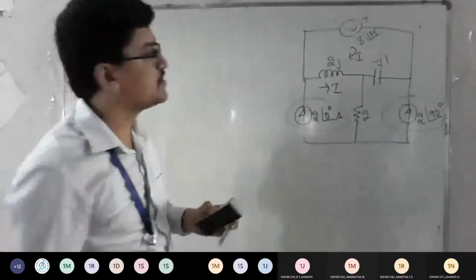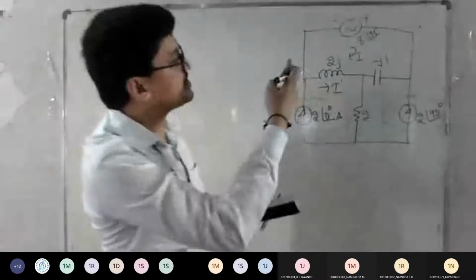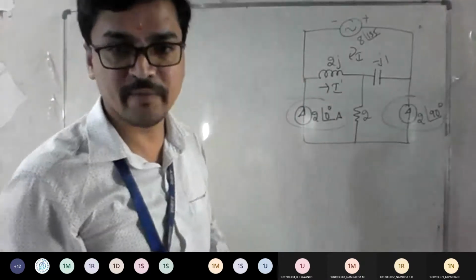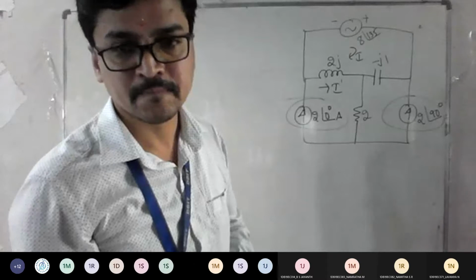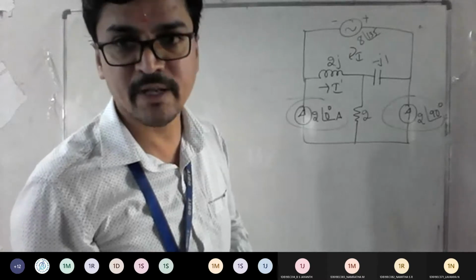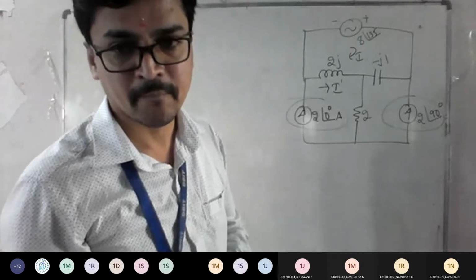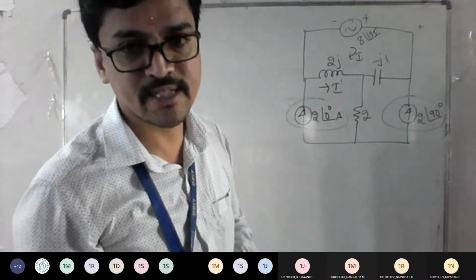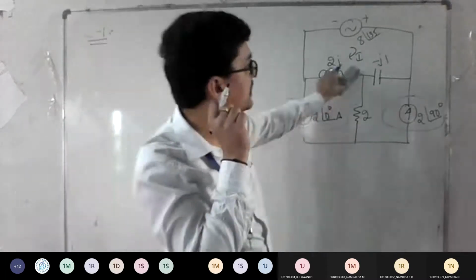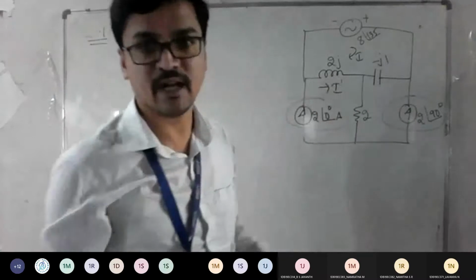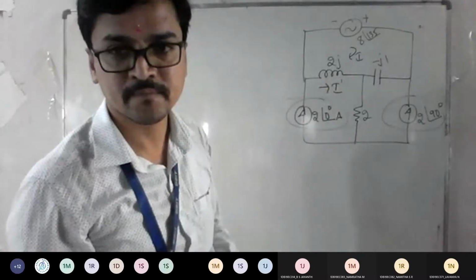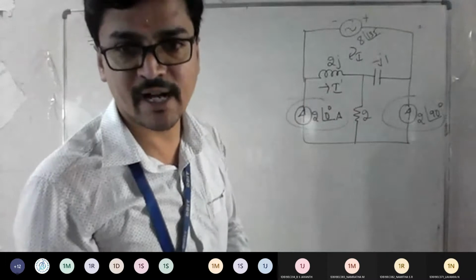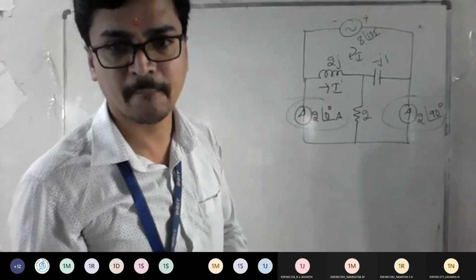Itself is I dash. So how to find it? See, voltage is known and impedances are known. Can I apply directly the I equals V by R logic here, or do you want any mesh analysis to be done? The ultimate goal is to find the current. Since it is only one mesh, whatever current flows here, the same current comes across this 2J also. Agree? So now tell me, can I apply Ohm's law logic directly, I equals V by R, or not?